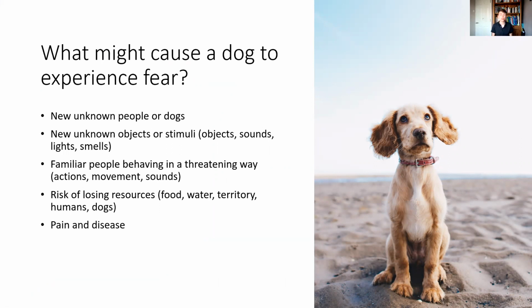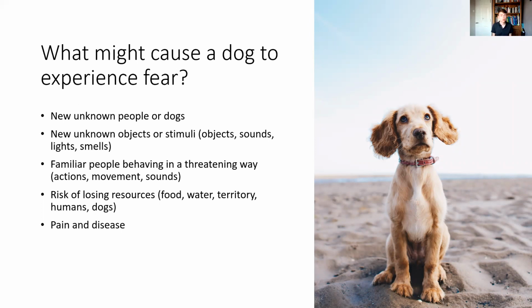And similarly, you might have dogs that are dog reactive, and they might respond aggressively to dogs that they see out and about. Again, that can be context specific. It might relate to new or unknown people or new or unknown dogs within their territory, so it might relate to that kind of territorial aggression. But it also might just be more of a general thing in terms of people or dogs generally.